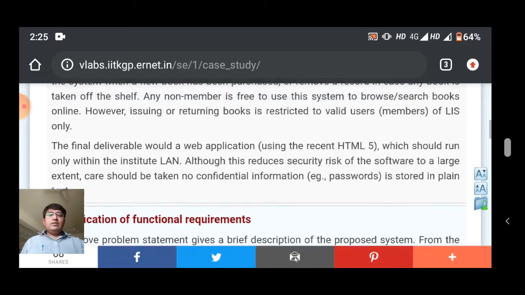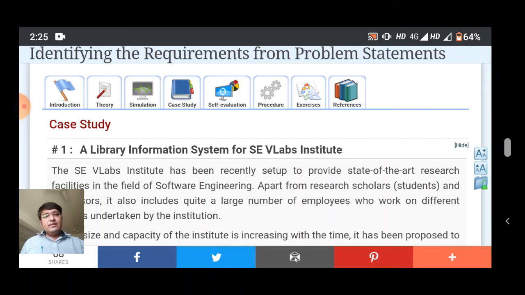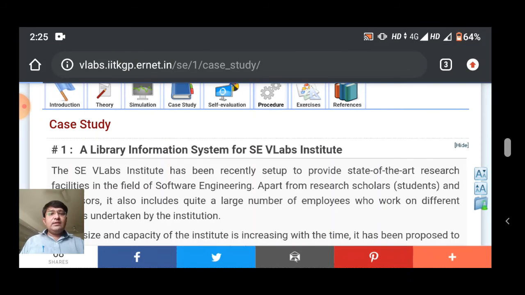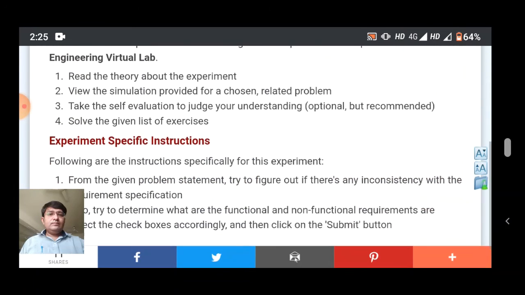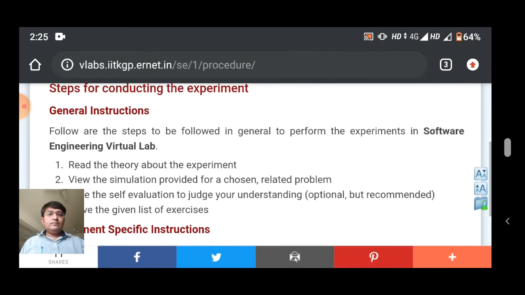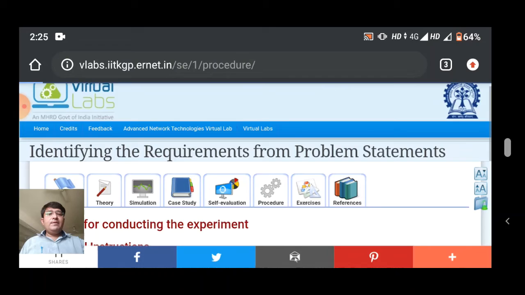If you go to the second experiment, the second exercise, the exercise portion is covered. Then for the procedure, just click on procedure. One more tab covers self-evaluation.